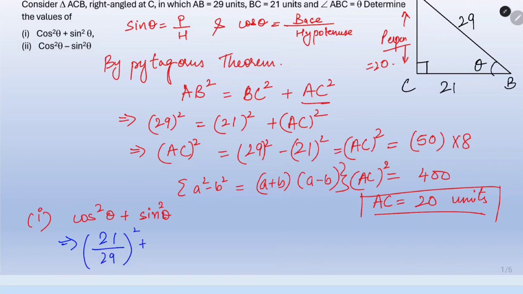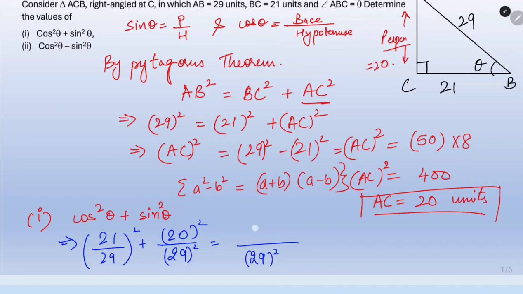The denominator will be 29 square, and the numerator will be